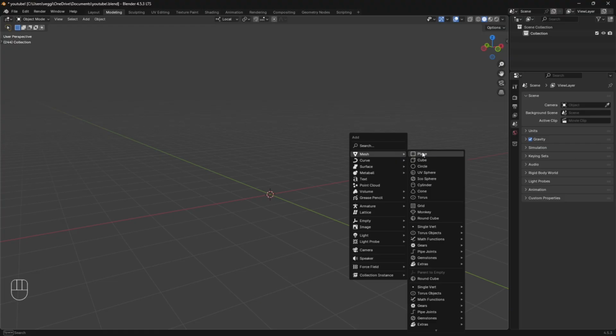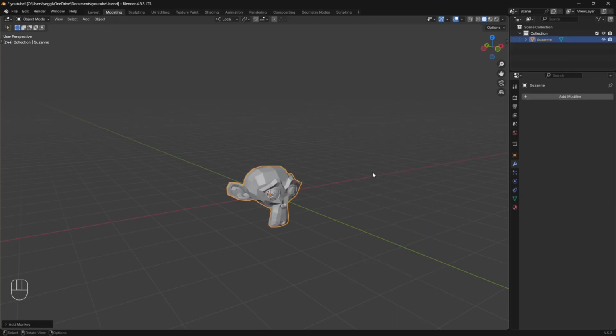You can add a flat plane, you can add a cube, a flat circle, a UV sphere, an isosphere, cylinder, cone, torus, or even a monkey named Suzanne. I am going to add the monkey by clicking on it, and as you can see, it is now in